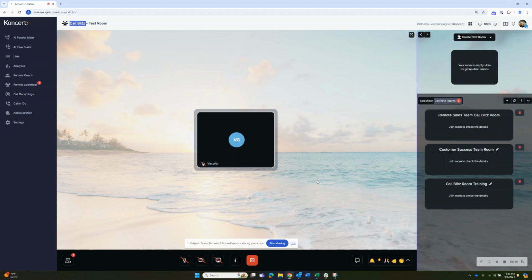Again, this is your collaboration room. This is where everyone can talk to each other, but then they can go off and start dialing. And as they're dialing, you're still all in the same room. So in here, I'm muted, so I can unmute myself, or if I want, I can create a new